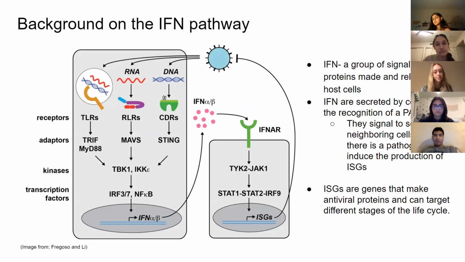So a brief review of interferons: interferons are a group of signaling proteins made and released by host cells in response to the presence of a PAMP. When a PAMP is detected by the cell, the virus-infected cell will release interferons, which cause nearby cells to heighten their antiviral defenses. So the production of interferons allows communication between infected and non-infected cells to stimulate the production of ISGs, which provide defense against the virus. And these ISGs are genes that make antiviral proteins, which can target different stages of the virus's life cycle,